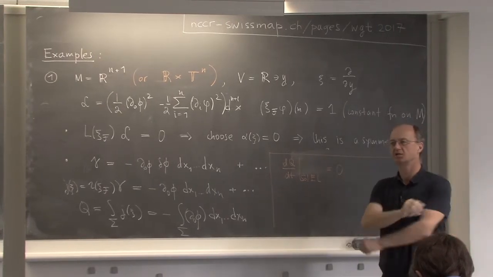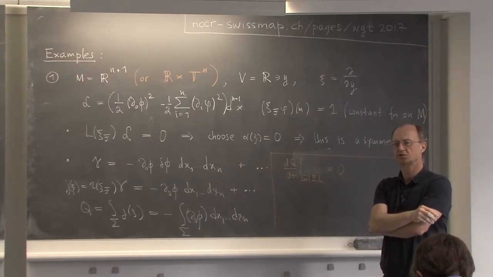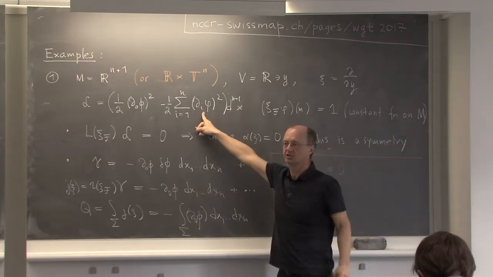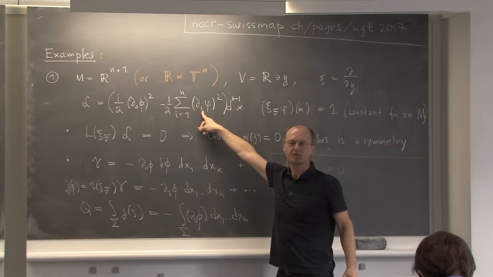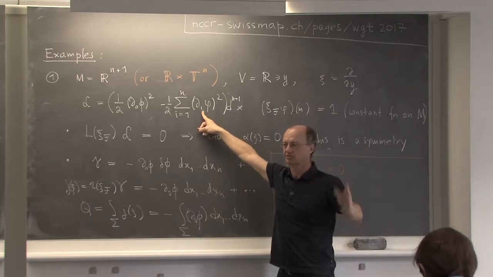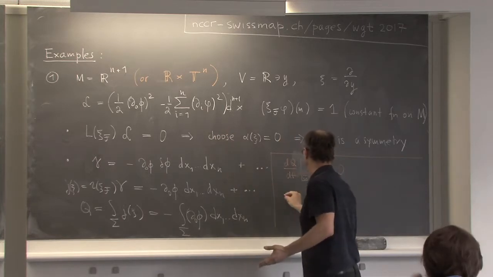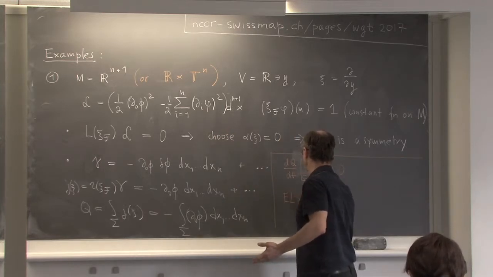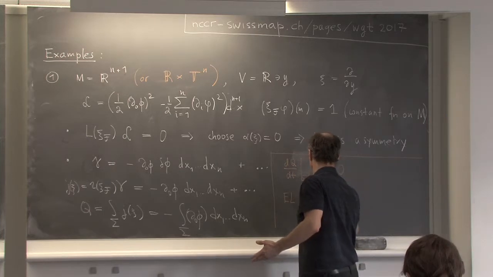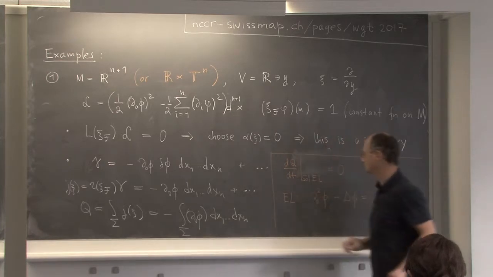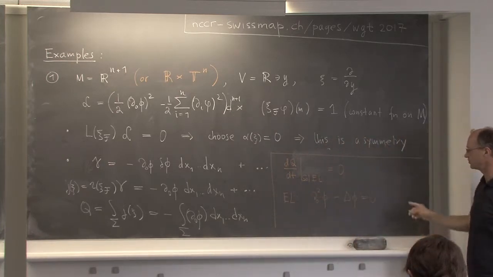So what are the equations? What are the Euler-Lagrange equations in this case? Could you recall for me, for the scalar field in Minkowski space, what's the Euler-Lagrange equation? By now we need to know it by heart, kind of. The wave equation, right? So the EL equation is the wave equation: d naught squared phi minus Laplace phi is equal to 0. And